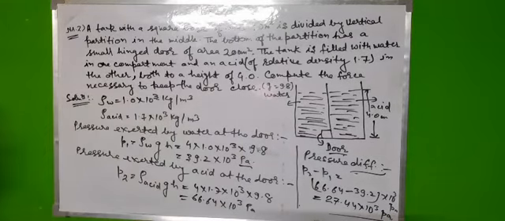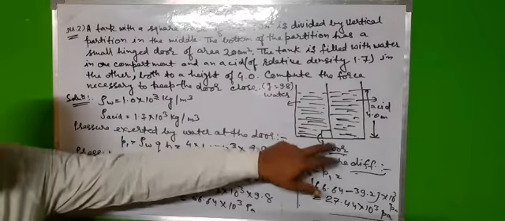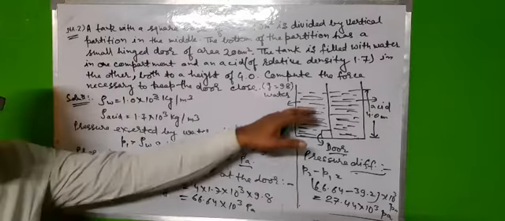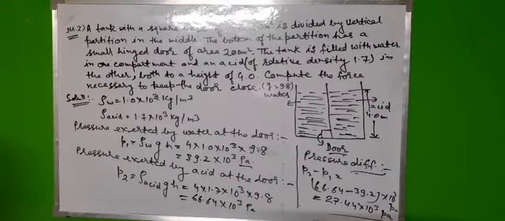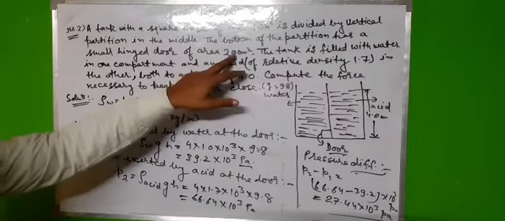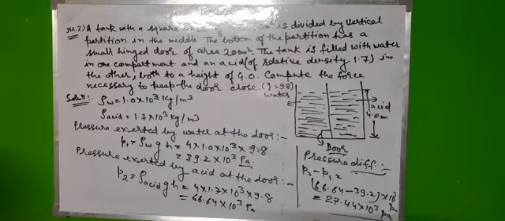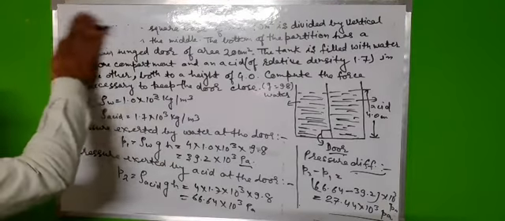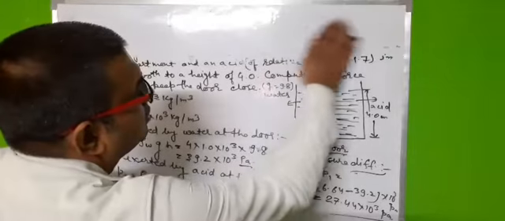Now dear students, we had calculated the pressure difference at the bottom due to two liquid layers. And as we had calculated the pressure difference, now the area is given as 20 centimeter square. 20 centimeter square means to say that 20 into 10 to the power minus 4 meter square. So we have to calculate the force.